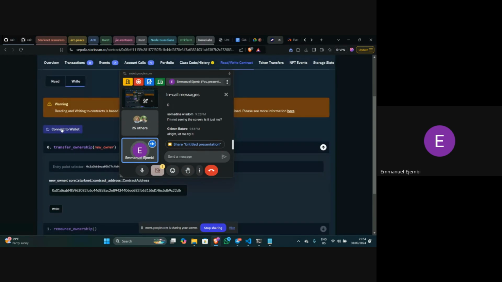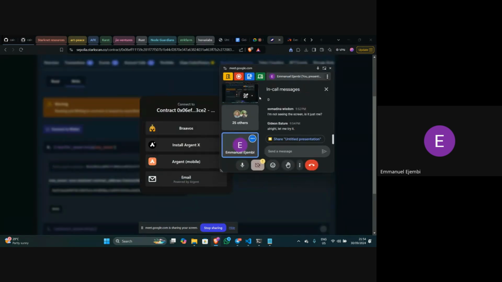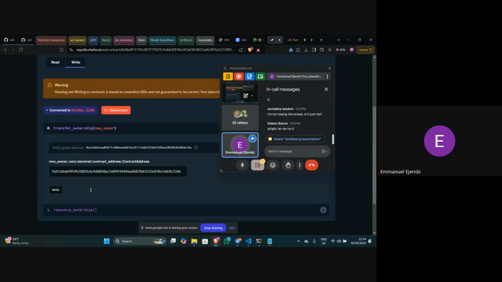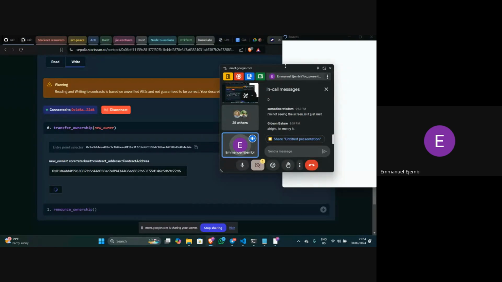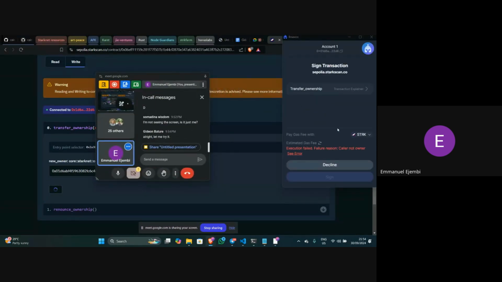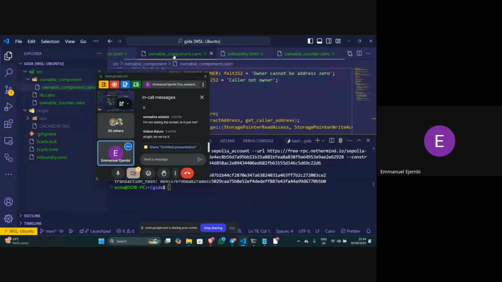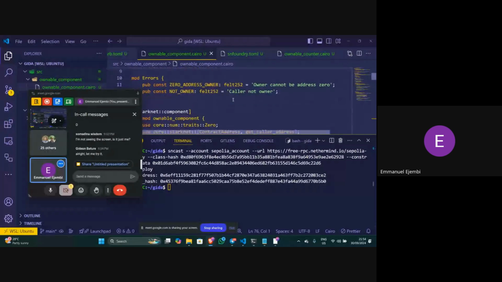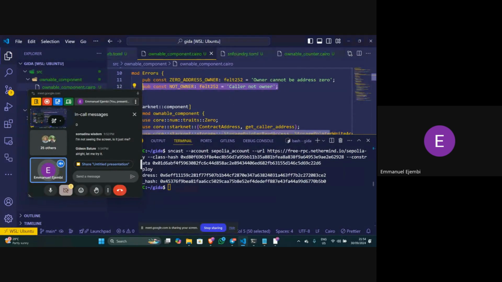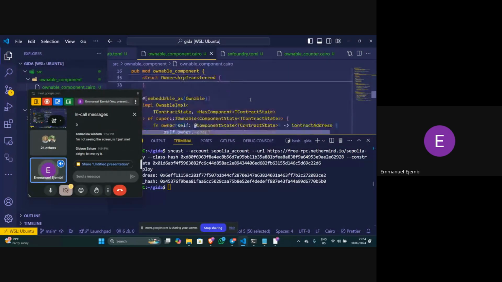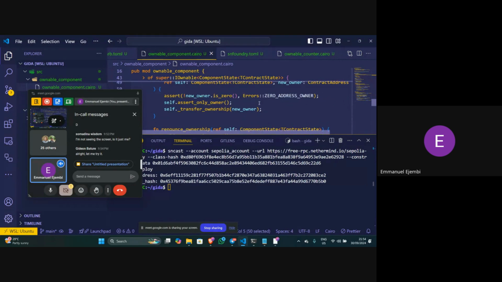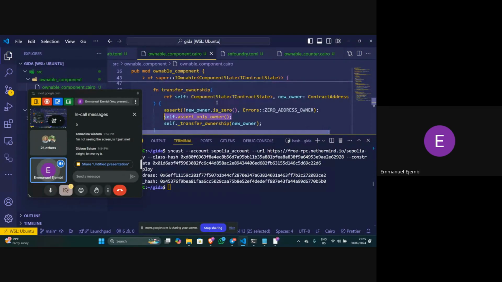Okay, I have to connect my wallet. Now, let me write. You can see I'm getting the error: execution failed, caller not owner. That's coming from this error we define here, and the assert is coming from here. Transfer ownership: you can see we are asserting only the owner should be able to call this function, and this